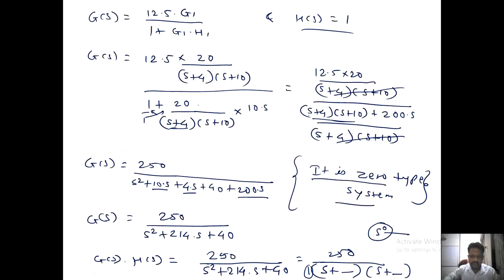Okay, got it? Now in the next lecture we'll get to know Kp, Kv and Ka as well as the errors. It is very simple now. You know what a 0 type system is. Now simply, you will just use the equations of Kp, Kv and Ka, putting limits, and then you will get the values of Kp, Kv, Ka and the errors. But this numerical will be completed in the upcoming lecture, the next lecture.